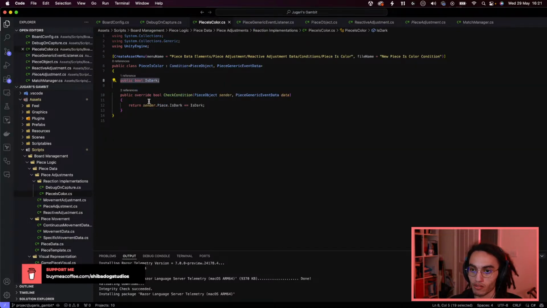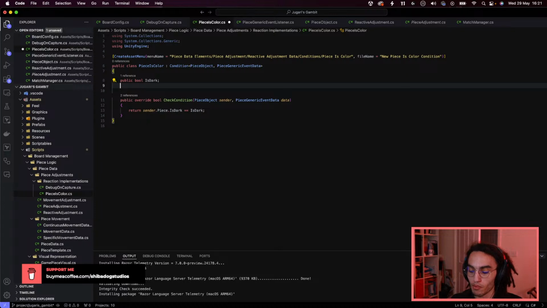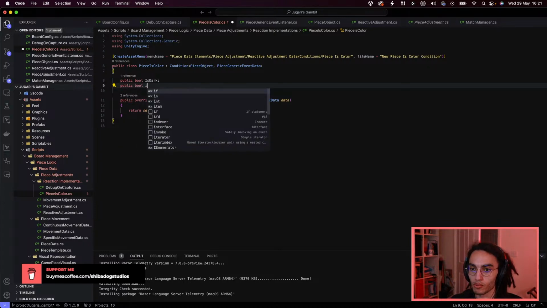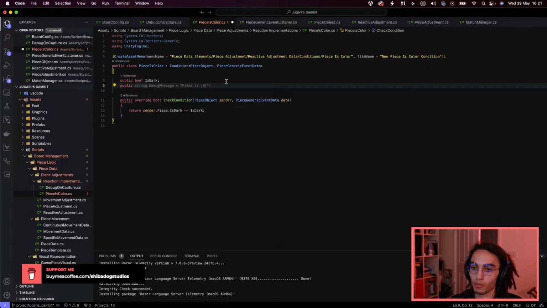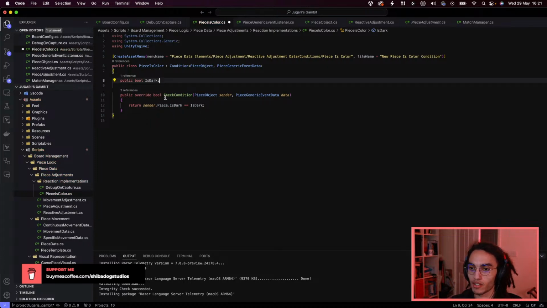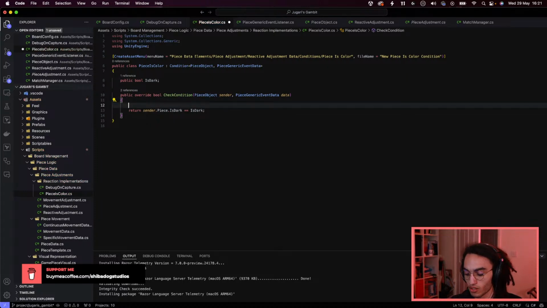It's got a boolean is dark, and it's just going to return if the sender object is the same color as the color that we checked in here. And perhaps we would want to change this to some different thing. Like we might want to have this be captured piece's color. So in which case we might add a public bool. We would have is dark, and then in here we would have something along the lines of if